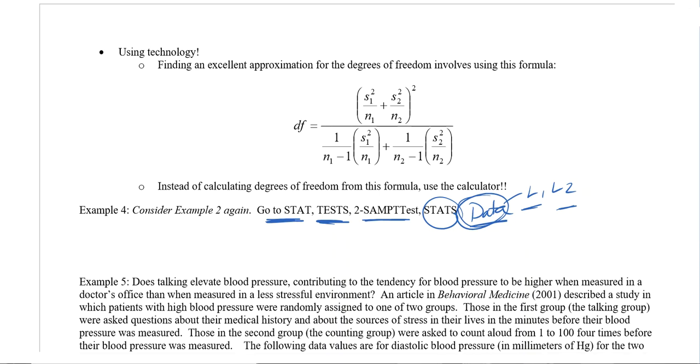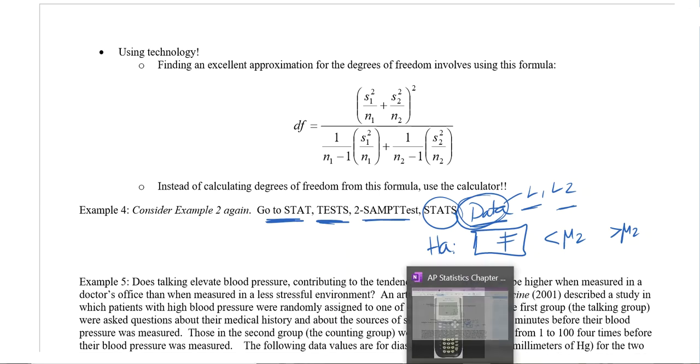And then you get down to where you have mu1, and you can choose a not equal to test. So this is the alternative. You can choose not equal to, you can choose less than mu2, or you can choose greater than. So it just depends on what type of test you're doing. And you just move the cursor and hit enter so those are highlighted. The one we did was the not equal to test, so we want that one highlighted.